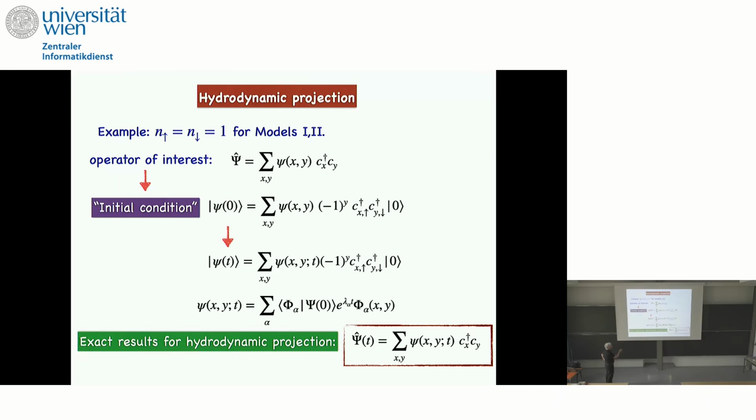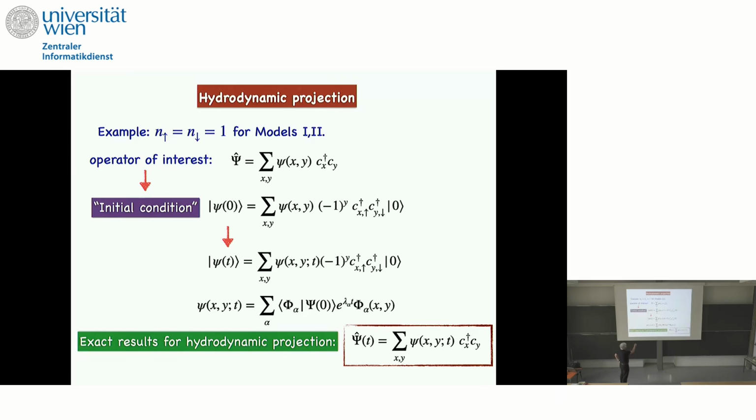Now, in terms of the Schrödinger equation, this specifies some initial condition, which I've written here. I have to stick in this extra factor, -1 to the j. I put this in so that in my Hamiltonians, the kinetic term is the standard kinetic term for the spinful fermions. If I don't do that, the sign of the spin down hopping would be opposite, and you all would complain.